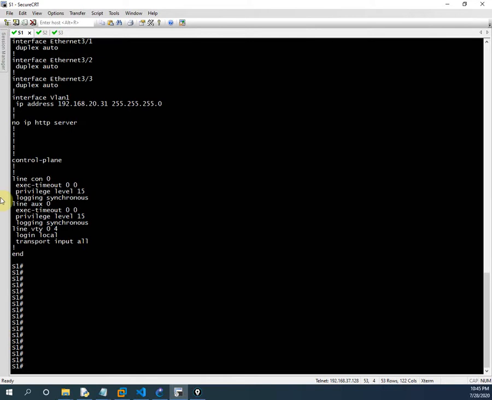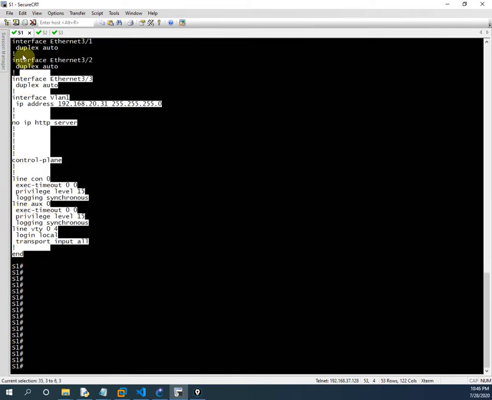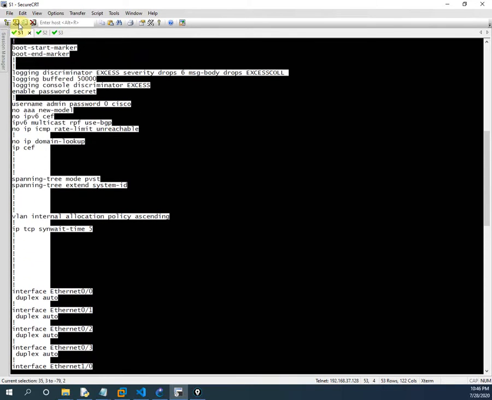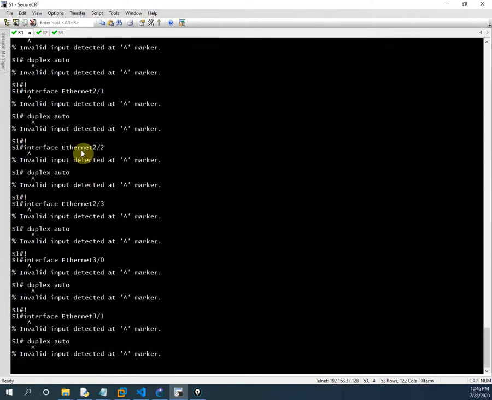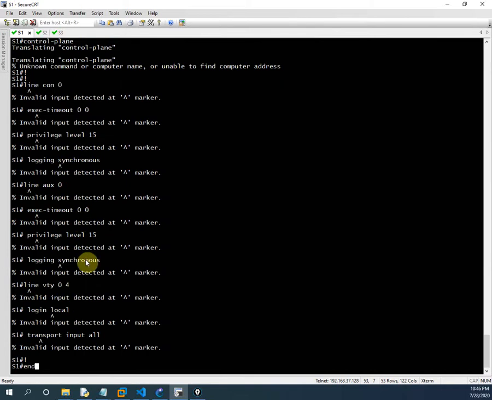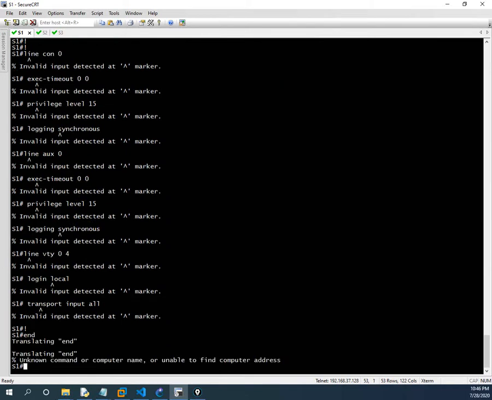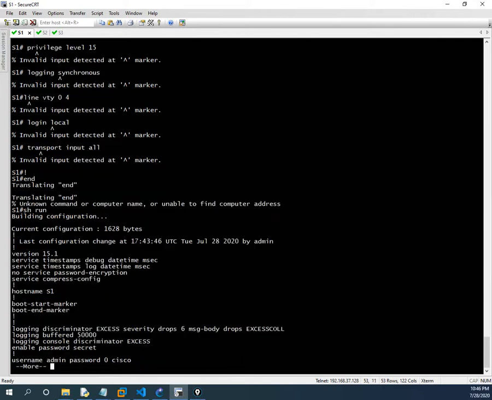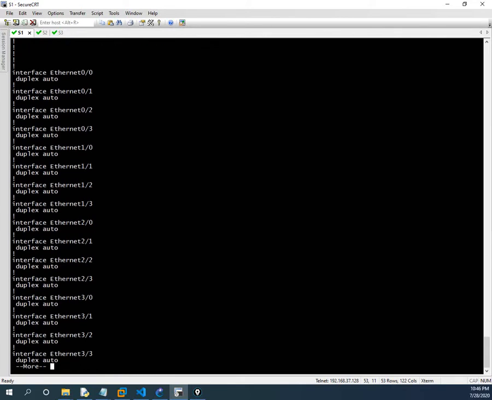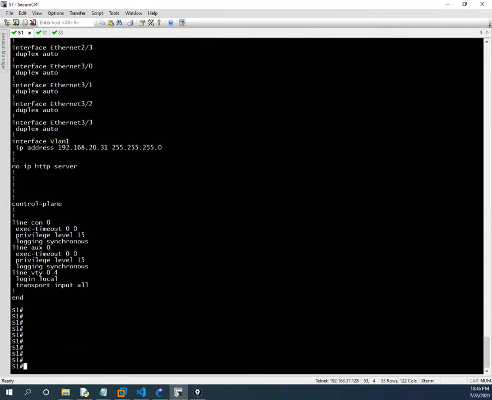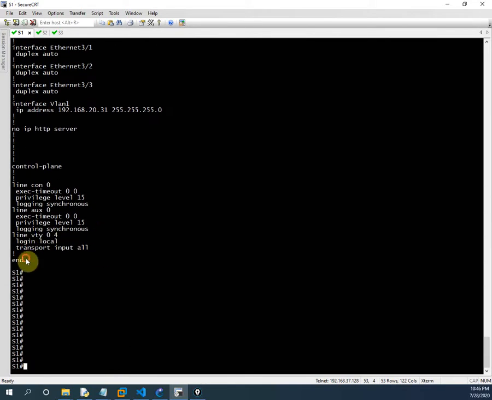This one is small, so I can drag like this till here and copy. Let me do it again. I write show run, press enter several times, and select the configuration.